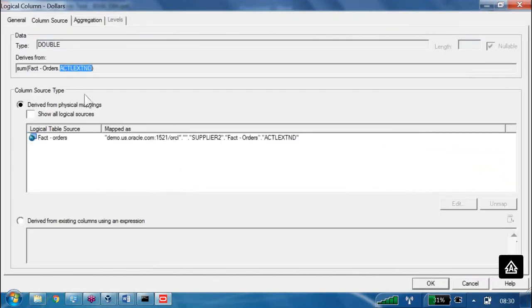For more details, this is the database name, this is the schema name, this is the table name or alias name, whichever is applicable, then the column name. But in the case of this column, do we have any mapping? Derives from, nothing is available, and map to, nothing is available.